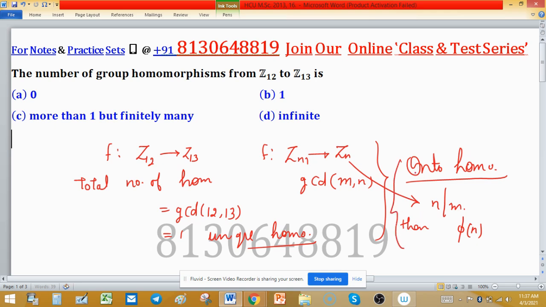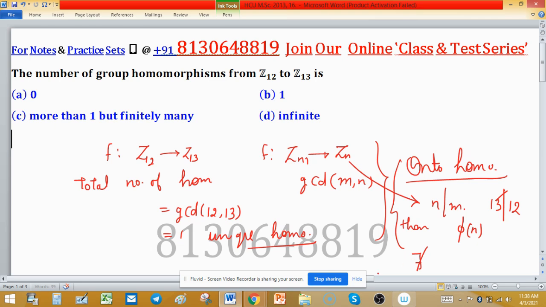Many times onto homomorphisms are asked, so remember this: phi n, but the condition is that n must divide m. For this problem, 13 doesn't divide 12, so there is no